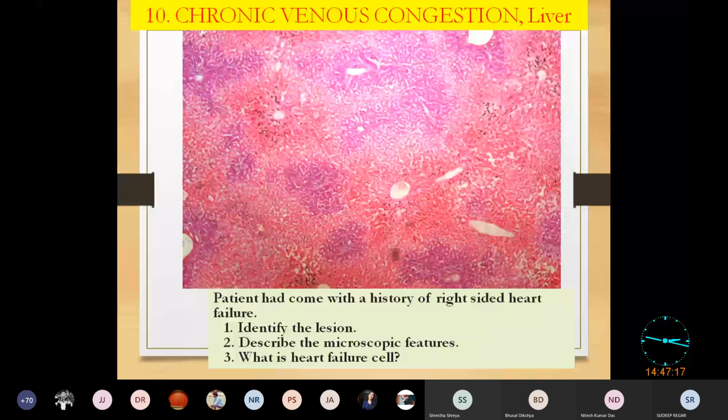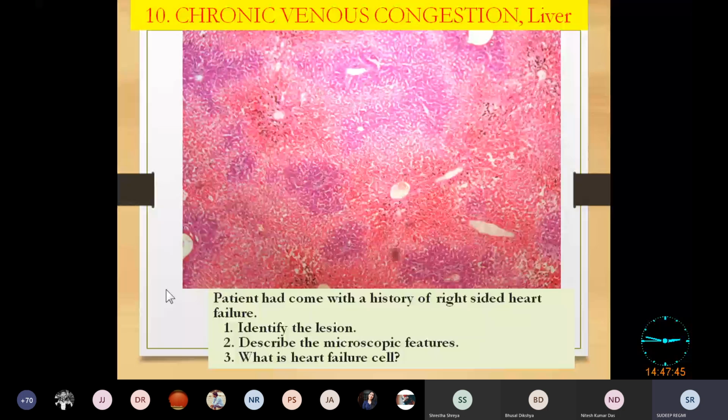Hemosiderin-laden macrophages, because of the rupture of the RBCs, and the hemosiderin will be taken up by the macrophages. Because of the congestion, the small capillaries in the lung will be ruptured, and there will be liberation of the RBCs, which ultimately will liberate